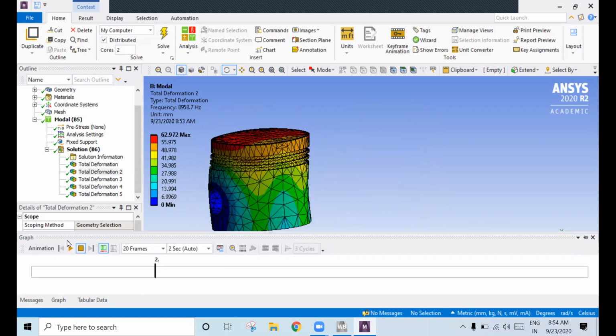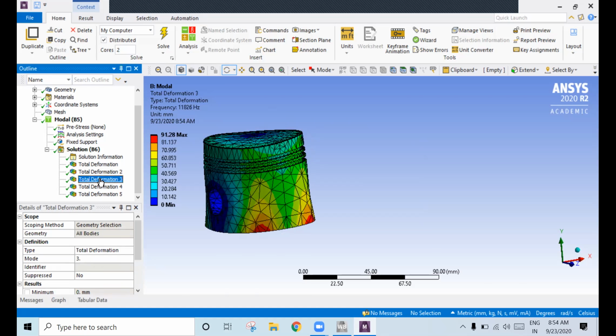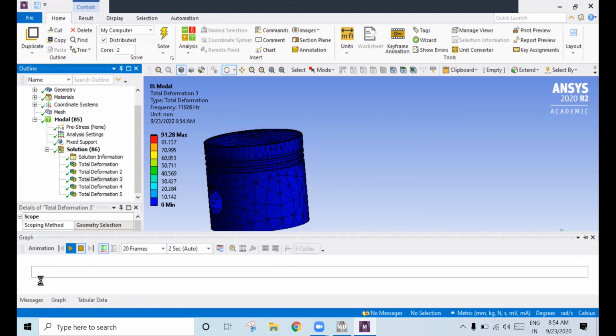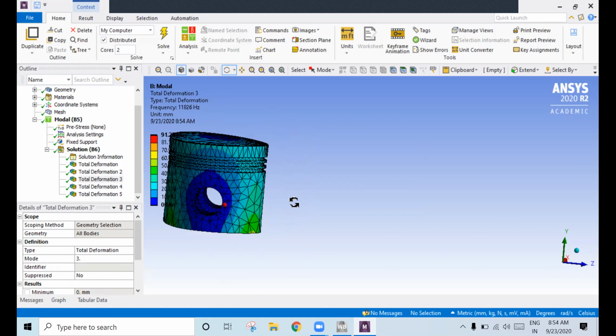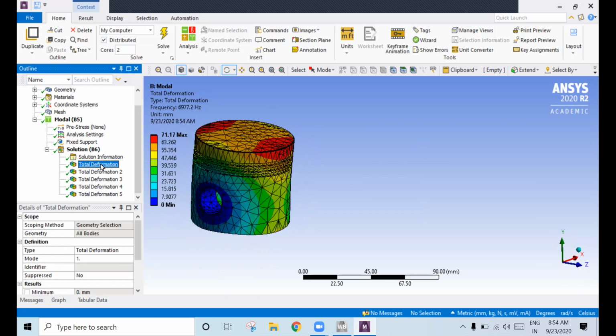If you go to graph, see, this is also a translation mode. Here we have, I think, a twisting mode. See here? Yes, this is how we will get the twisting mode. You need to select this, take a snap of this and put it in your report.